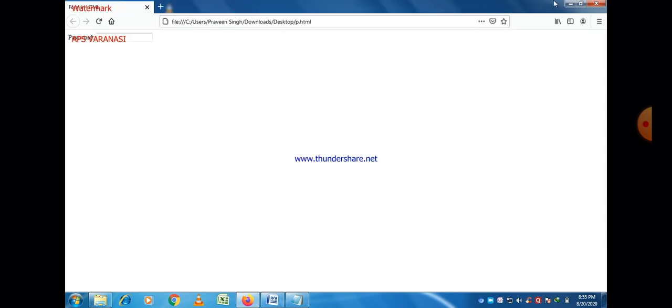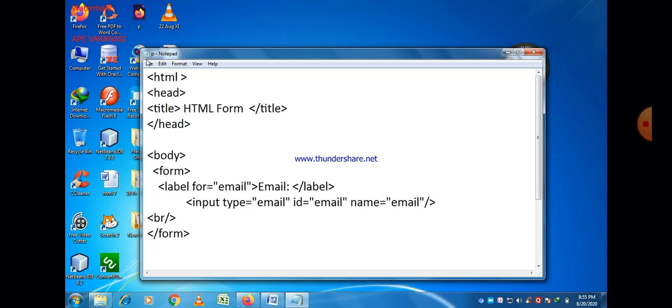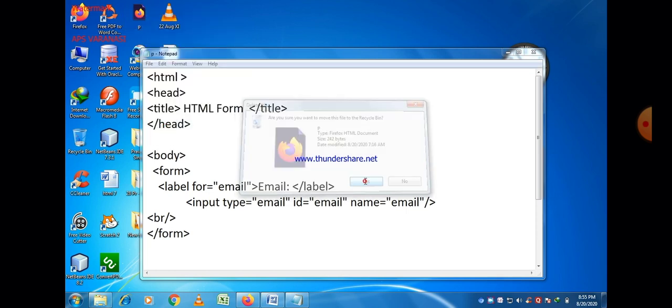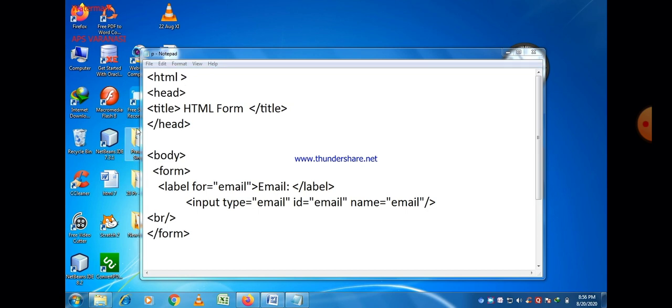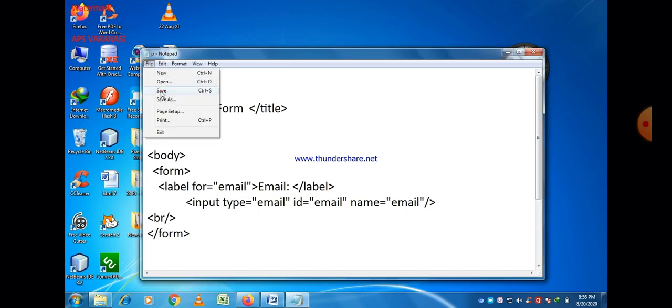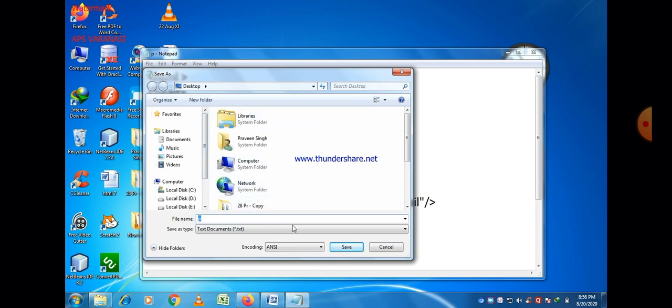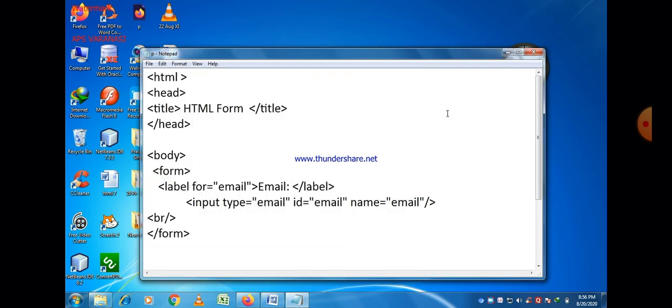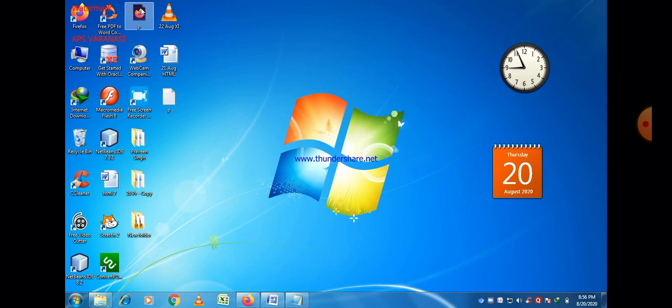Okay, just clear all these windows, go to file, save as option. A duplicate file name is there already, so delete it first. Save, write a program, then perform the save as operation, so go to save as and give the same name as that of the text file name, which is p in this case. So just write p.html and go to all files, p.html, and the location is the same, as you can see it is desktop.